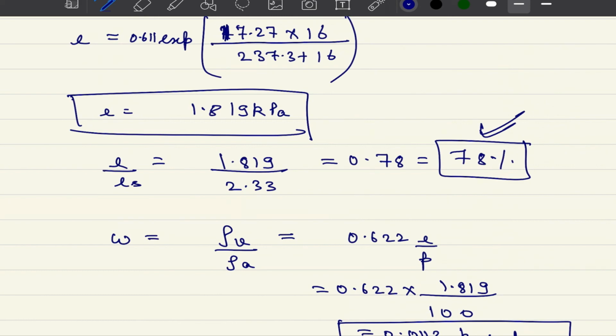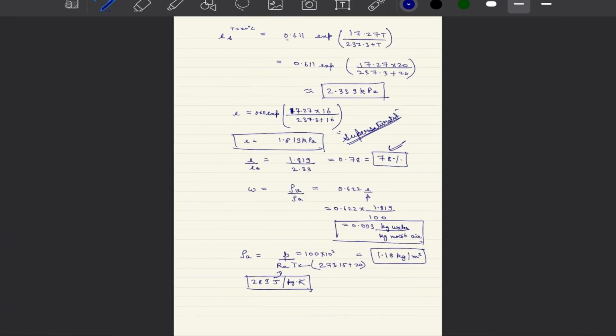And whenever the ratio of E upon ES exceeds 1, we say that our air is supersaturated. And as soon as it finds suitable conditions to form a condensate, it will result in the outpour of water, either in the form of condensation or in the form of precipitation. And with that, we are all set to move into the specifics of precipitation, which will be the topic of discussion of our module 3. Thank you.